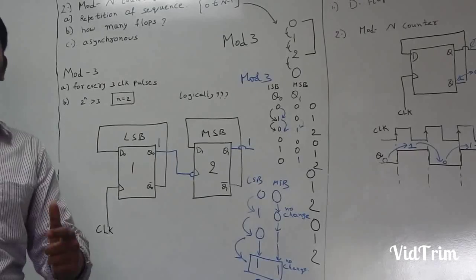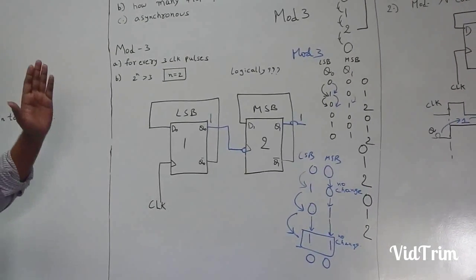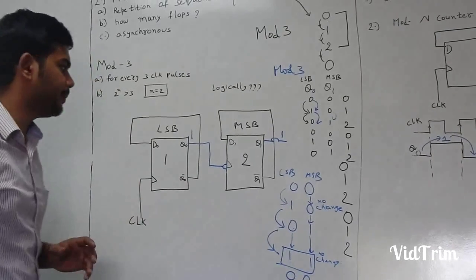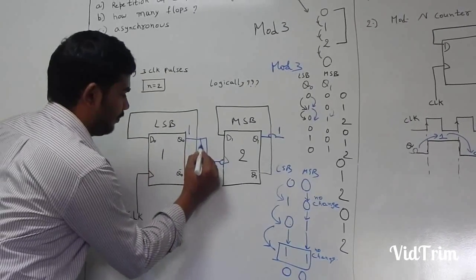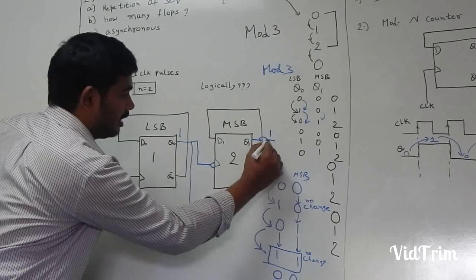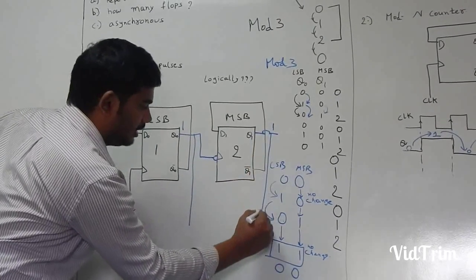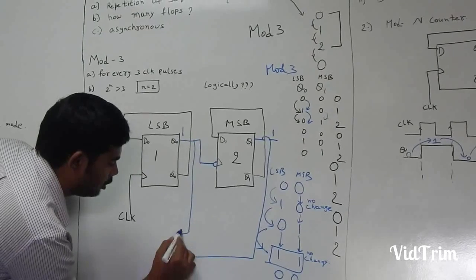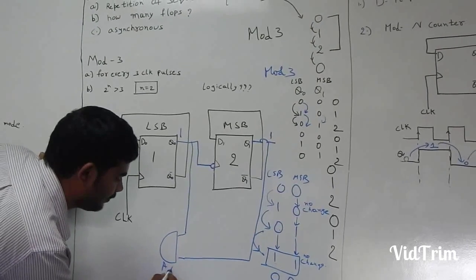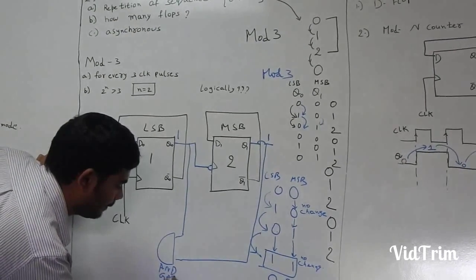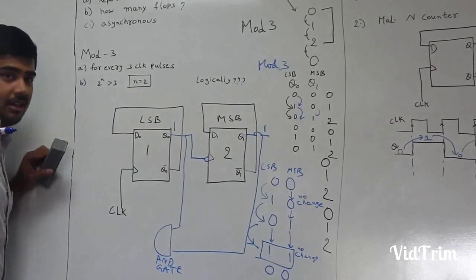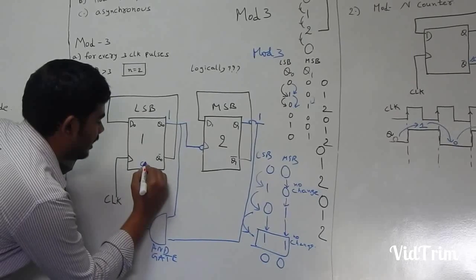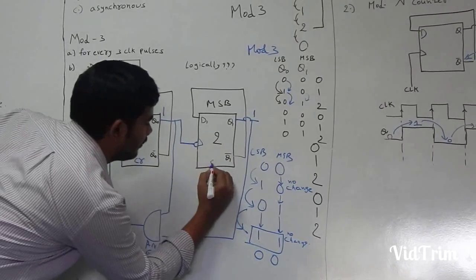Now again, it's a task for the designer. The way of approach is very important. We can use anything. So simply, I'll do like this. I'll take this and I'll take this, and I'll send both to an AND gate. Clear? Agreed? And this AND gate output, I take to the secondary input clear.